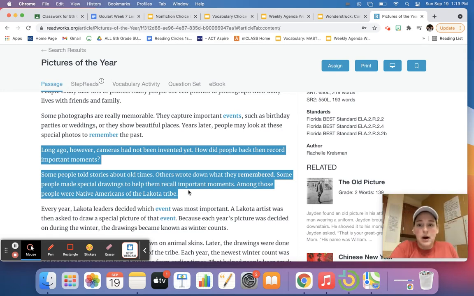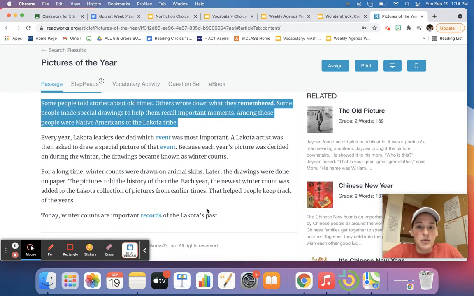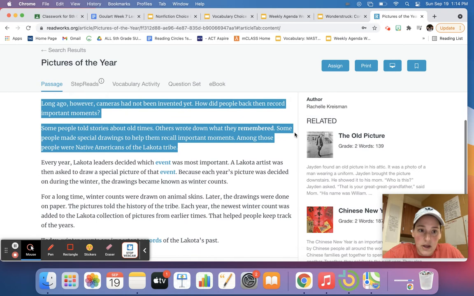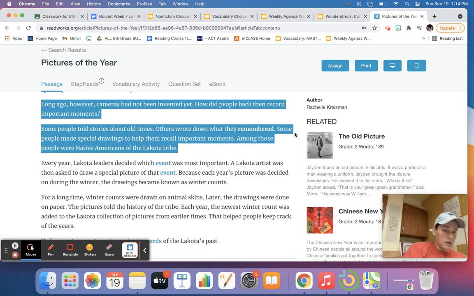And I'm going to read it, pause, write the summary. Long ago, however, cameras had not been invented yet. How did people back then record important moments? Some people told stories about old times. Others wrote down what they remembered. Some people made special drawings to help them recall important moments. Among those people were the Native Americans of the Lakota tribe. This one I'm going to stop and think about. It's talking about how did people a long time ago take pictures. A lot of times people told stories, they wrote down what they remembered, and they drew things, including the Lakota